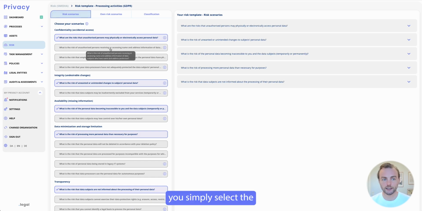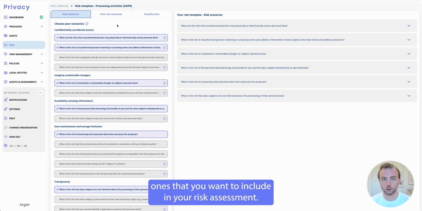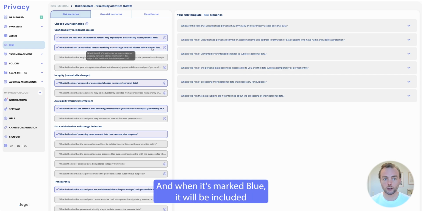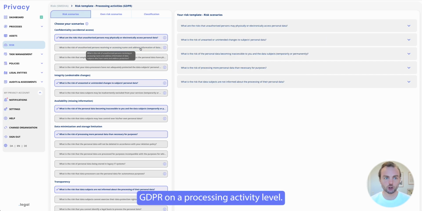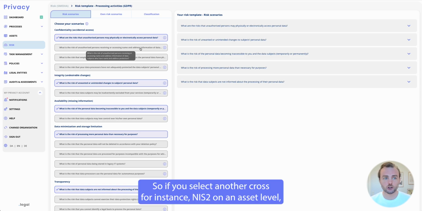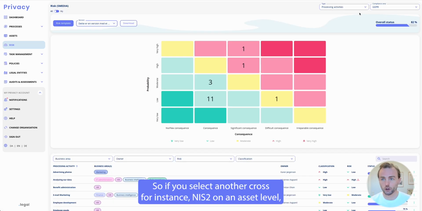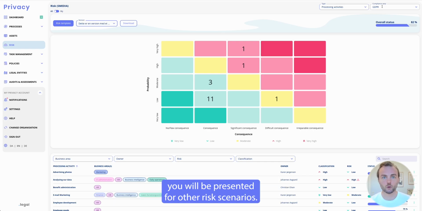You simply select the ones that you want to include in your risk assessment, and when it's marked blue, it will be included in all your risk assessments from here on. These risk scenarios are of course within GDPR on a processing activity level. So if you select another area, for instance NIS2 on an asset level, you will be presented with other risk